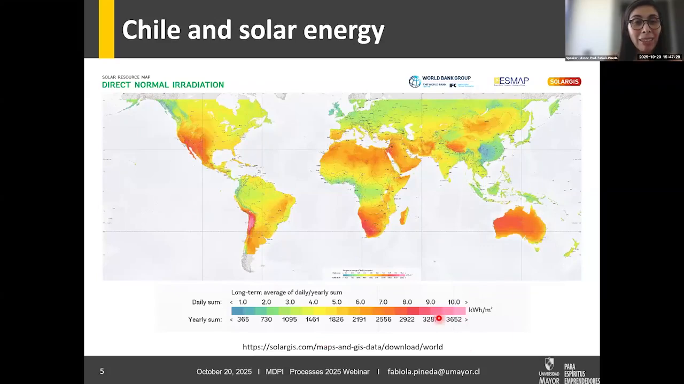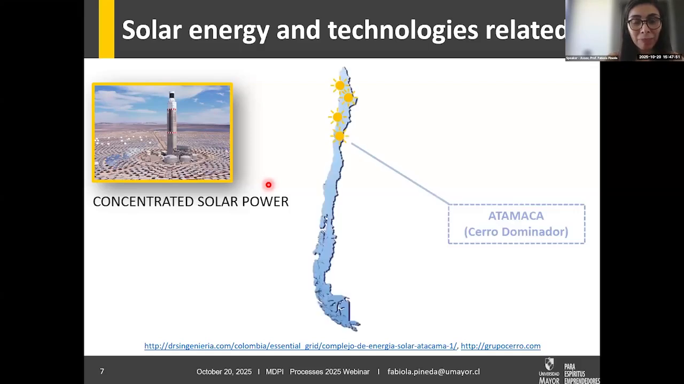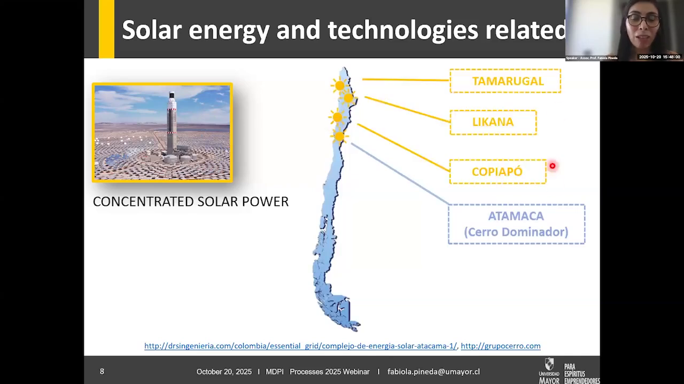Pink is related with the highest level of direct normal irradiation, which means we have the highest level of sunlight in the world. And we can use sunlight to produce electricity through the concentrated solar power technology. This is a picture of the Cerro Dominador plant that is already operating in Chile. It's in the Atacama Desert, and I draw in here another 3 suns because there are another 3 plants under